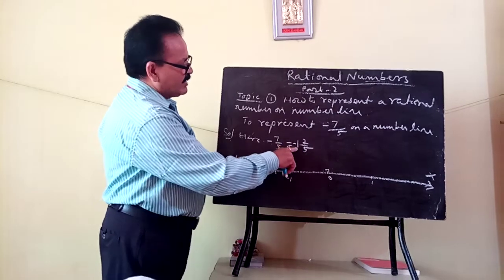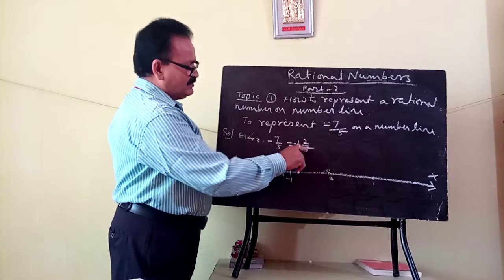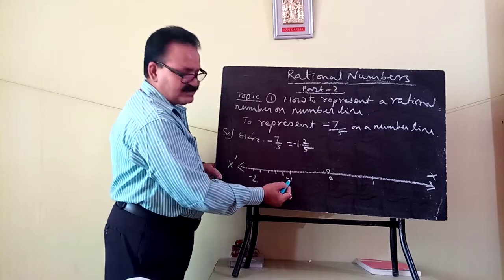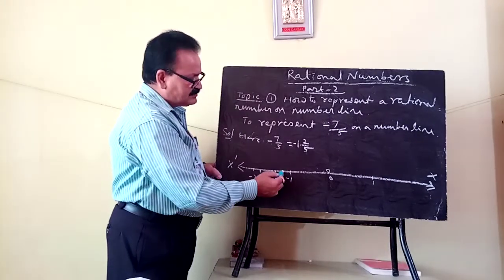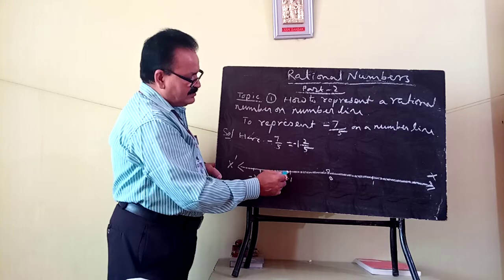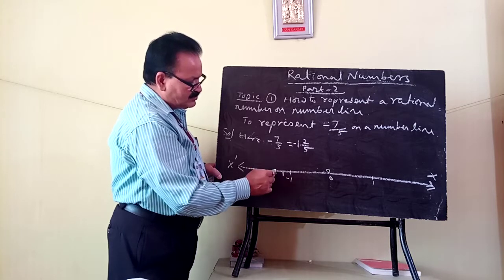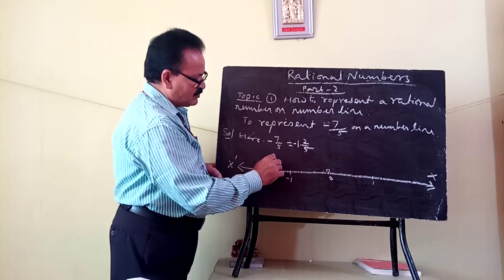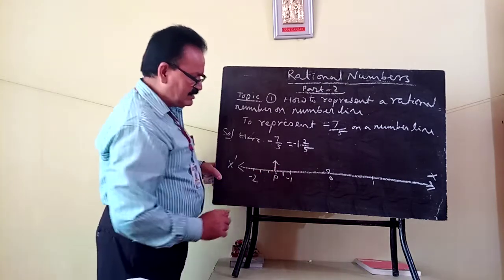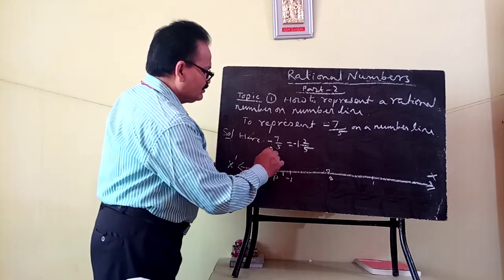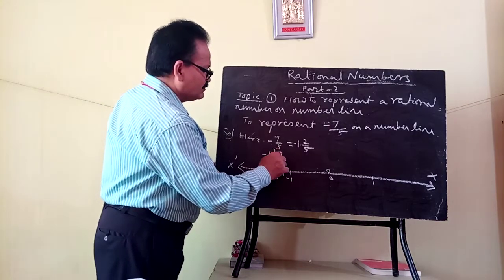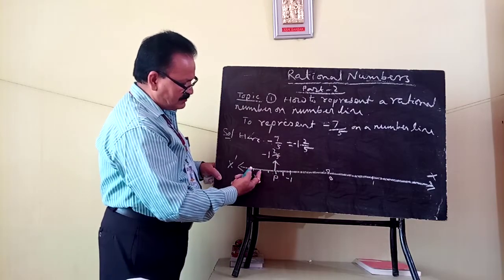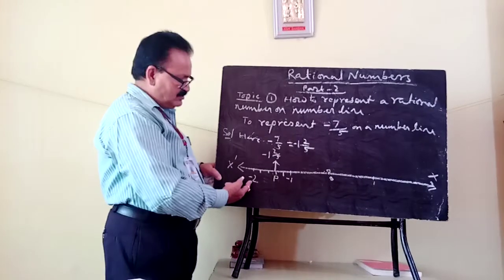So now minus 1 2 by 5. From the origin, that is the 0 mark, this is your minus 1 up to this point. Then this first mark will be your minus 1 by 5. This will be your minus 2 by 5. So this point, say P, will represent minus 1 2 by 5. So this is 1 by 5, this is 2 by 5, 3 by 5, 4 by 5 and 5 by 5. That will give you minus 2.